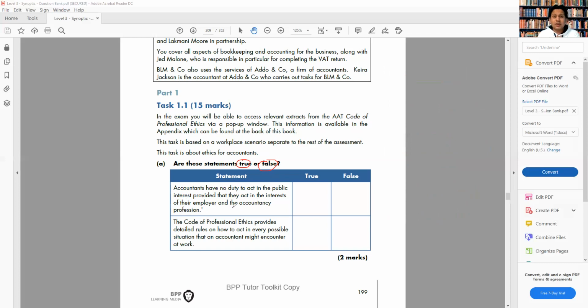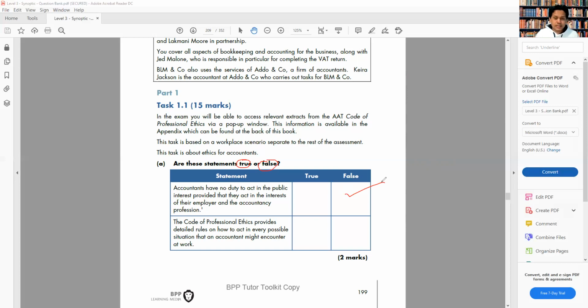So as an accountant, we don't have any responsibility to the public. That is absolutely false. We have a responsibility to the public. We always look for what is in the best interest of the public. So if something has gone really wrong, we will compromise with the client, we'll sacrifice the client, but we'll look after